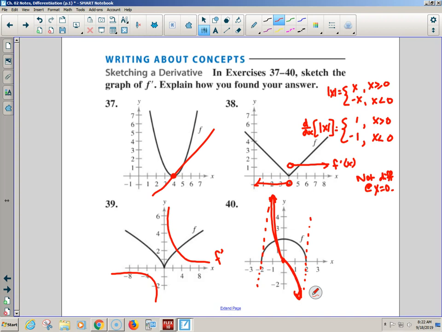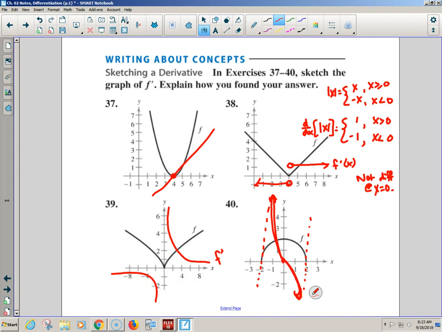Are these easy? No. But hold on, real quick. Did it help if we actually knew what the function was and we knew what its derivative was, or if we knew what the function was kind of, so we knew how to take its derivative? So guess what's going to get easier as we go to section 2.2 and learn rules? But you have to be able to look at the original function and kind of get an idea of what the equation is, and then pretend to take a derivative and see what it would be like.